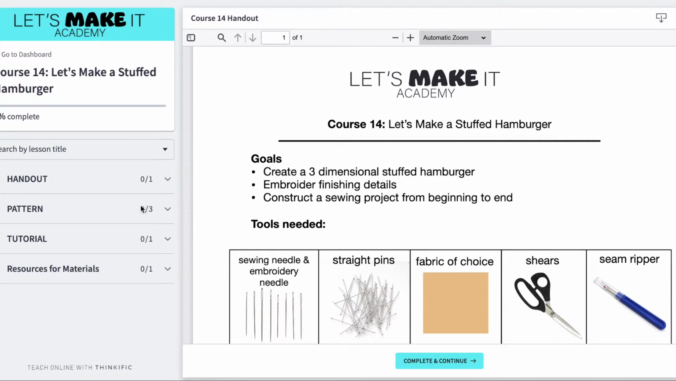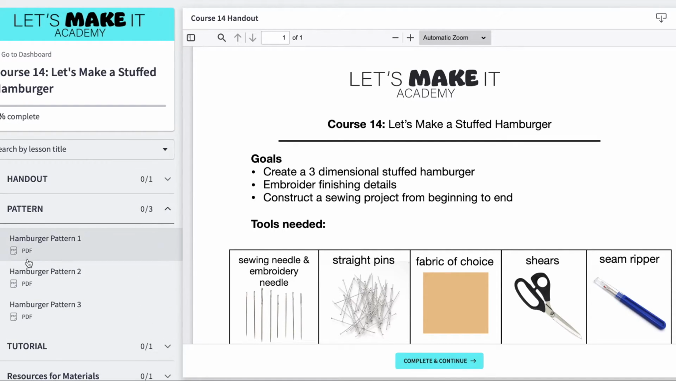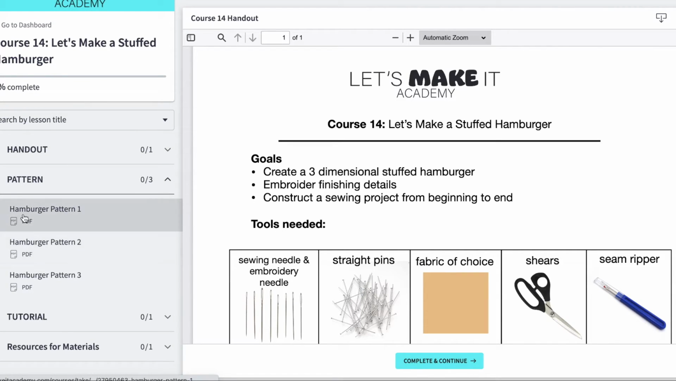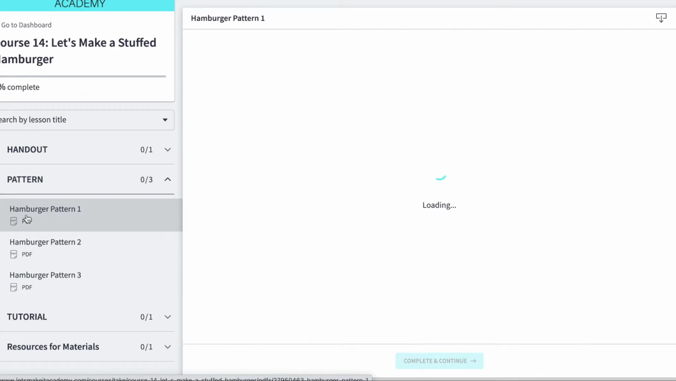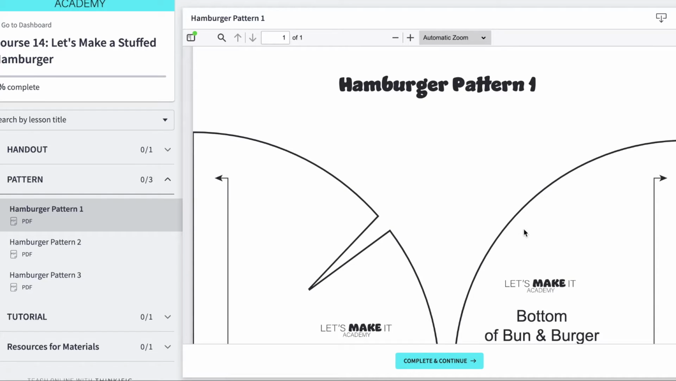And depending on which course you're looking at, you'll have probably different options here on the left. So of course, for the pattern, you're just gonna click on pattern. And when you do, you'll see you may have 1, 2, 3, or maybe more of these sheets here. So you click on pattern 1 or whatever order you want to go, and then you go right up here